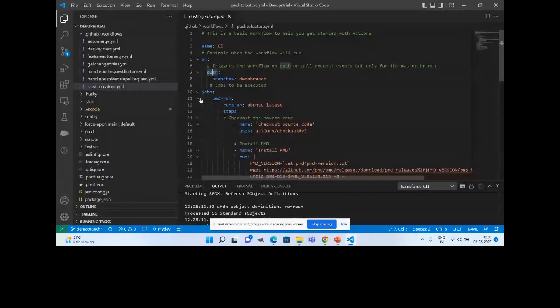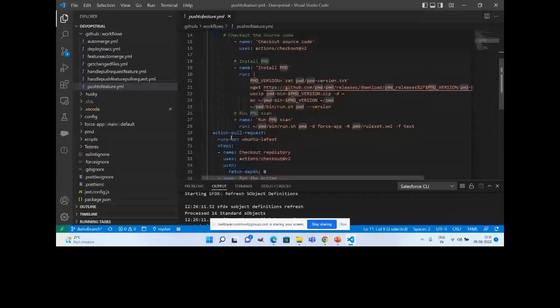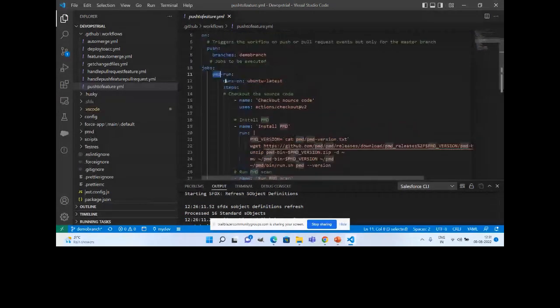And from here onwards, you will have the jobs. Like I mentioned, whenever I check in my components, I need to execute two operations. That's why I have two actions here. One is the PMD run, and the second one is automatically creating a pull request. This is not a normal operation, I guess. Normally, pull request creation will be manual. Just for demo purposes, since I would like to show you two different jobs, I created this automated pull request also. So the first one is the PMD scan.